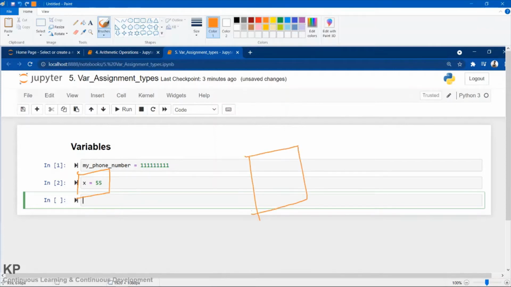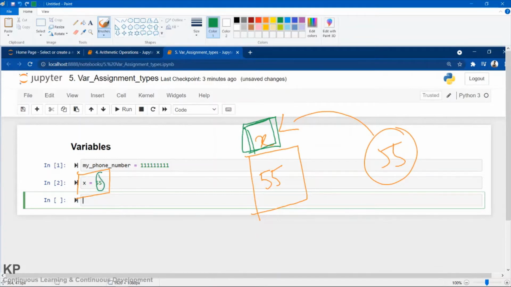Suppose this is x, a container, and it contains the value 55. So whenever further in my code I require 55, in place of 55 I can just put x. That is called a variable. I hope you understood the requirement of a variable, why we need it, because this is only 55. In future we will write 100 lines of code.